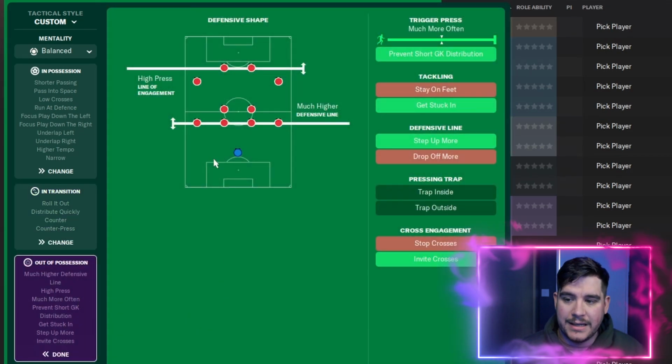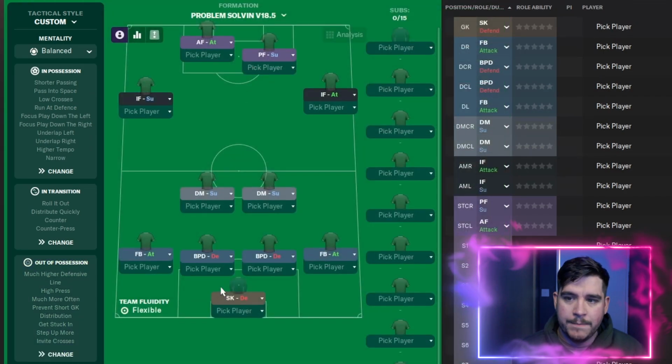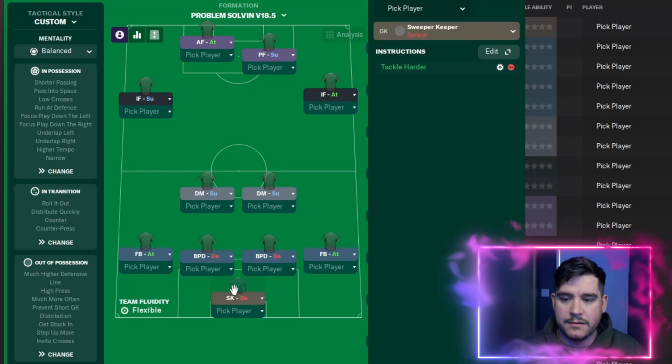Now out of possession, we have a high line of engagement and a much higher defensive line as well. Trigger press much more often, prevent short goalkeeper distribution, get stuck in, step up more, and invite the crosses as well. If you have a look at the roles and who we have here, a sweeper keeper